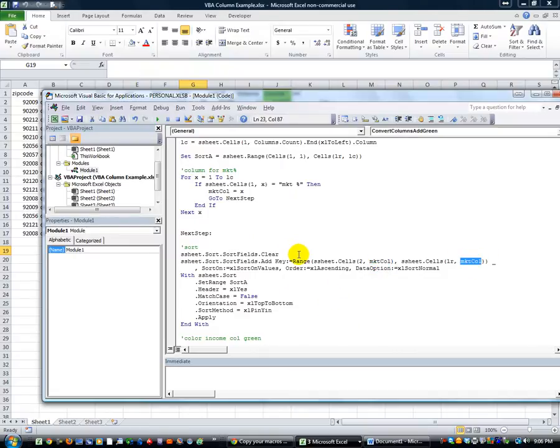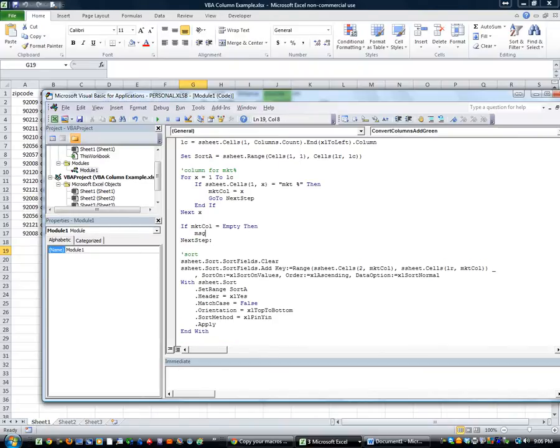So you need to make arrangements for that in your code. If this condition is never met, if MKT column equals empty, then say maybe a message box,